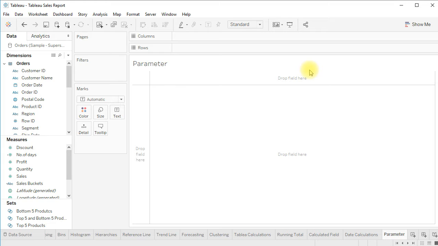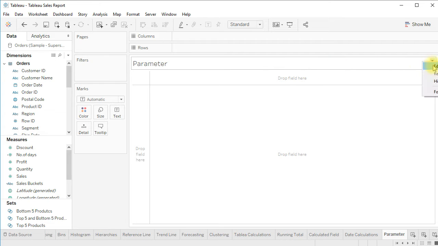For example, let's say I want to show bottom 5 customers, and I want to set that 5 as a dynamic value. I want to give the user a control where the user will decide whether he wants to see bottom 5 or bottom 10 or bottom 15. Okay, so let's update one title first.